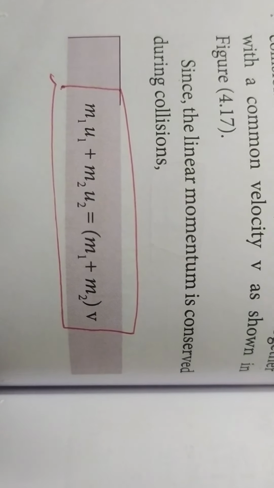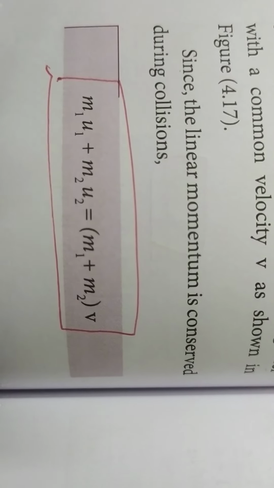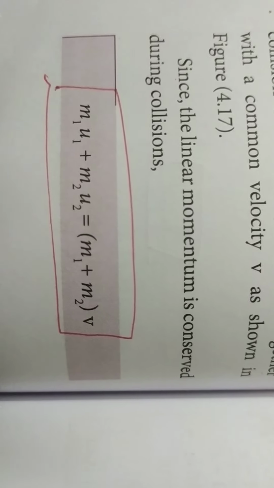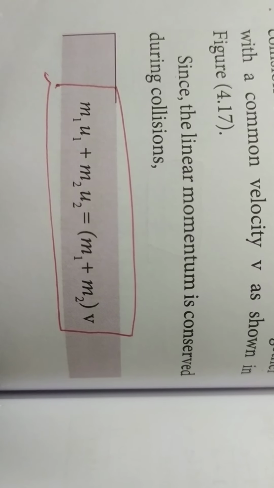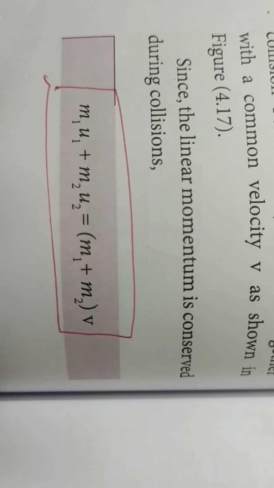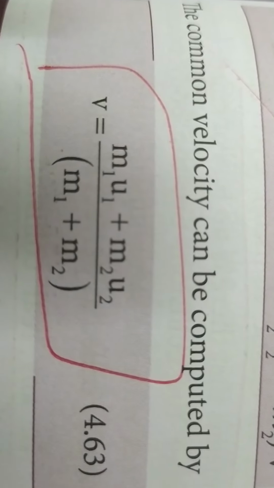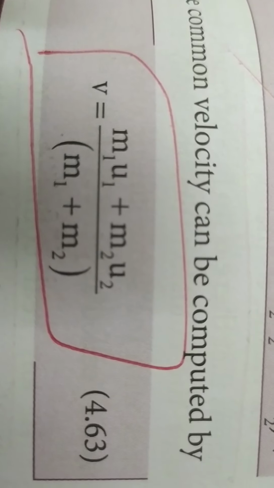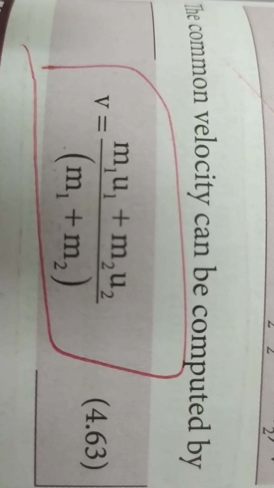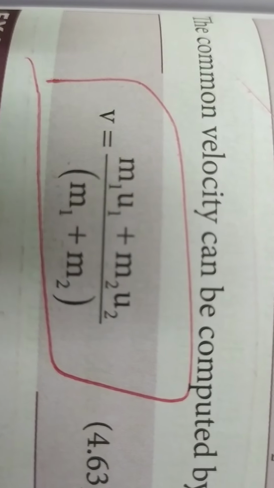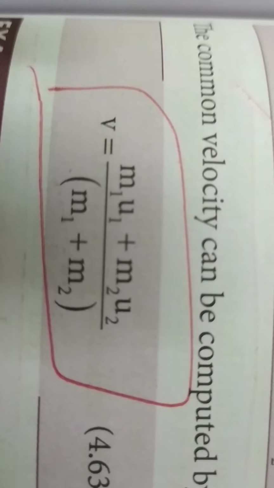So here, the linear momentum during collisions is now written as m1 u1 plus m2 u2 is equal to m1 plus m2 into v, because here there is no v1 and v2, so together it is v. So when you find v, there is no need to have this tabular column. v is equal to m1 u1 plus m2 u2 divided by m1 plus m2. This is the final equation. This is for a perfectly inelastic body, and you remember this example for a perfectly inelastic body, that is the bubble gum